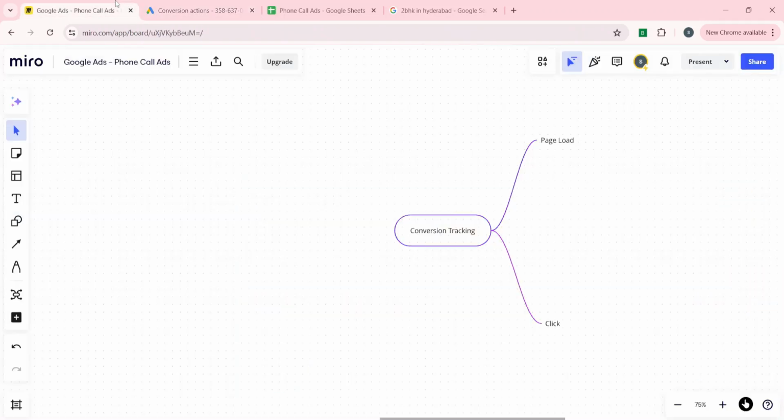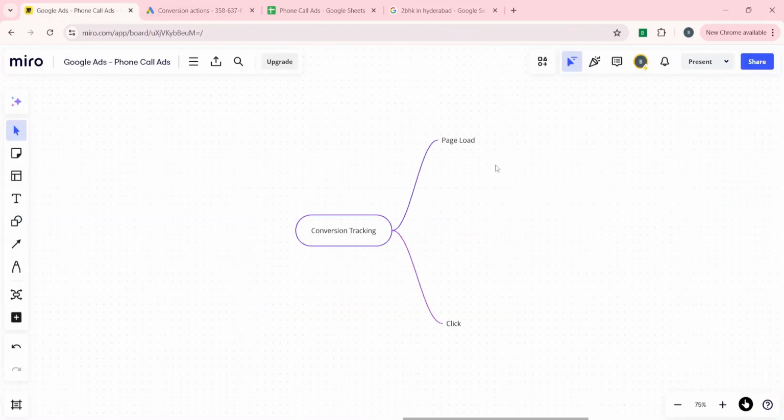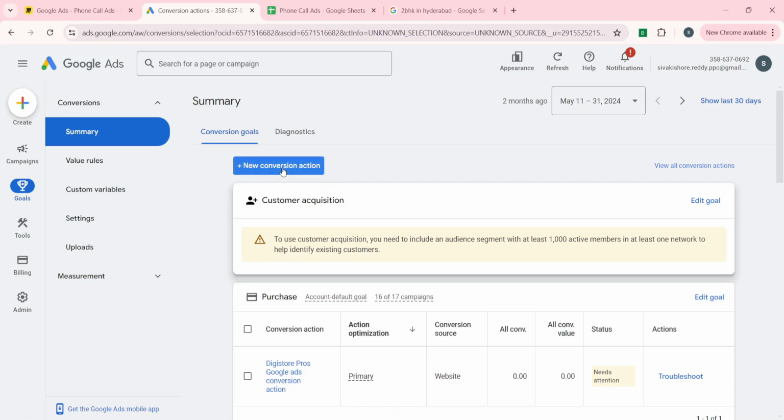So one is the page load. Whenever a page gets loaded, your conversion will be recorded. Or another is the click. Whenever there is a click happening on your website, that can also be tracked as a conversion through Google Ads, right? So here in the new conversion action,